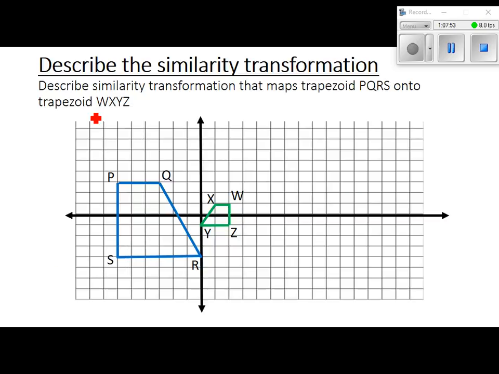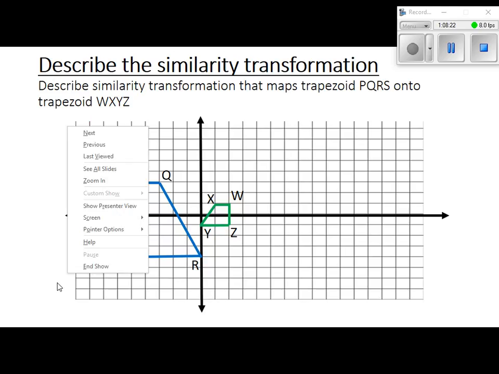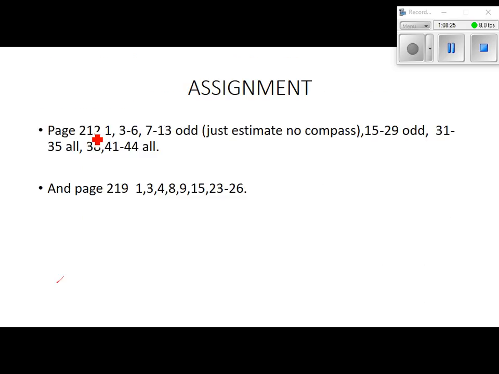What did I do to this shape to get it to that shape? What kind of scale factor would I have used? Would it be a positive scale factor or a negative scale factor? It's going to be a reduction. That's true. Positive or negative? Negative, because what did it do to it? It flipped it over. So it's going to be a negative, and it's going to be some kind of fraction, like 1/5 or 1/3 or whatever. All right, that's your assignments on 2 separate pages. Looks longer than it actually is because